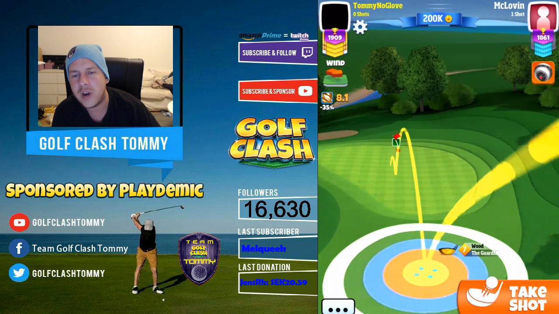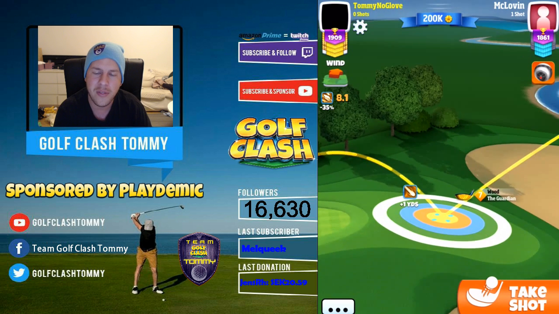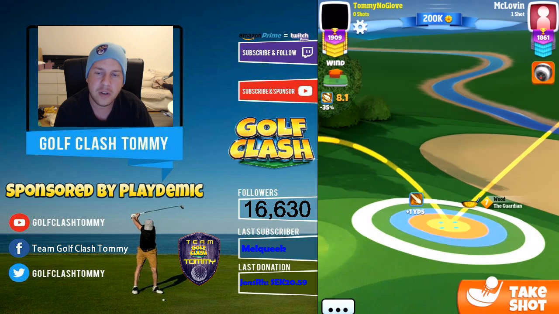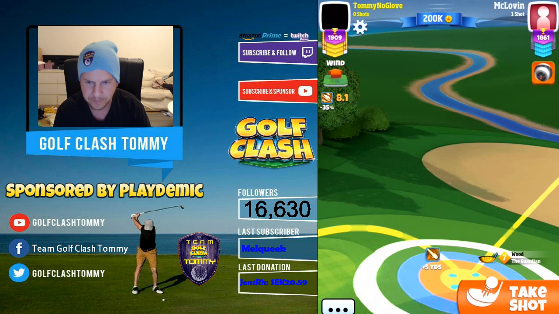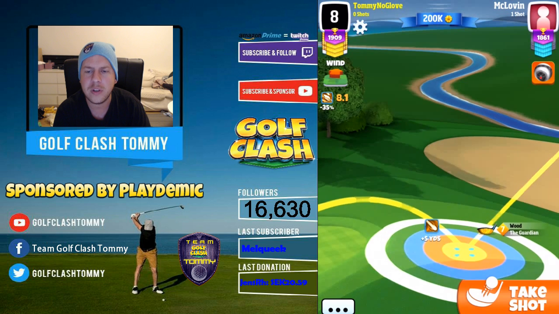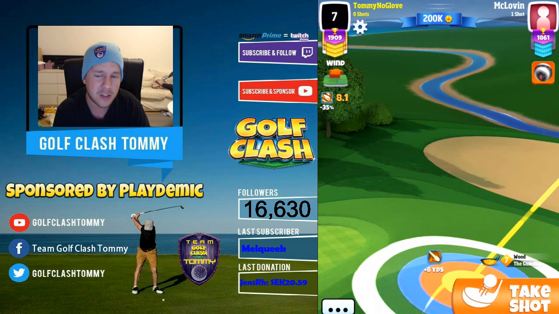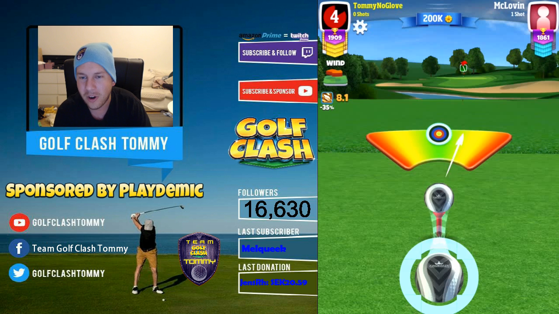Then we're going to adjust this one slightly to the left of the pin. As you can see, on the third bounce we're going to have the third bounce after the pin. We're going to adjust 2 rings extra than we have to. So we're going to go with 8 rings for this hole to give ourselves that extra room, because this hole